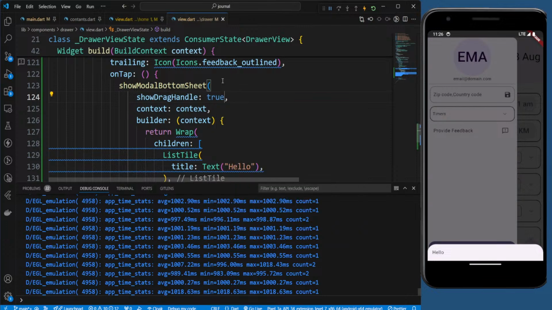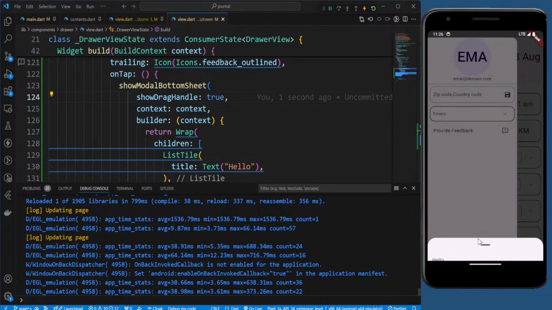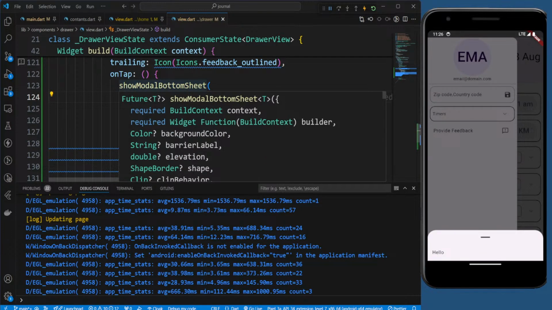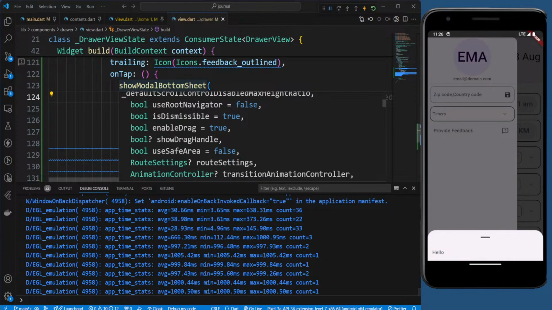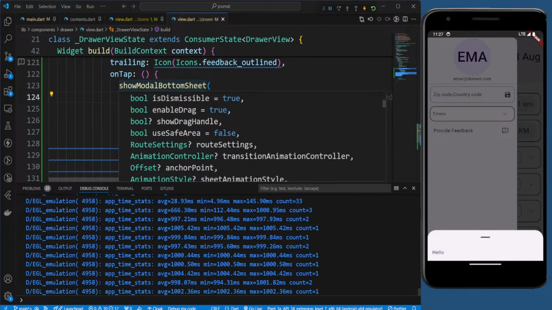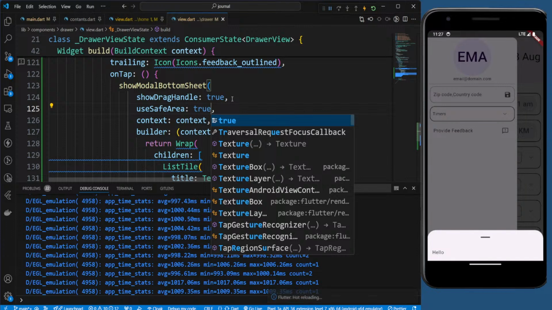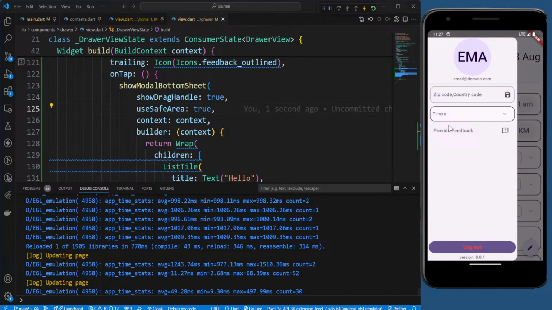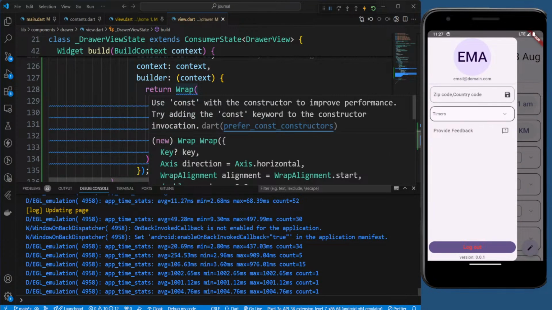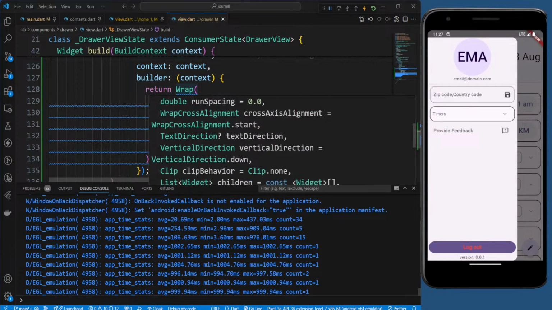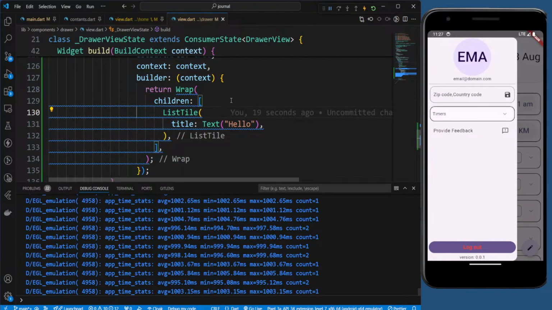So drag handle true. That is good. At least they'll know you need to bring it down, right? So that is good. And it should use safe area. Now we need to bring this to the top, right? So this is wrap, and does it use anything? Spacing, start, clipping, picture. Let's put this in a